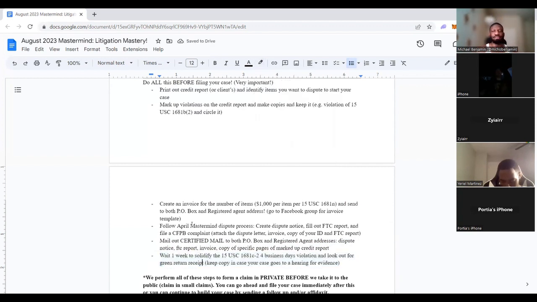All right, so this is like the fastest way. I know if you're just starting, it might feel more comfortable to send out multiple notices, and there's nothing wrong with that. Your process is your process. But if you want the fastest way possible, I would say wait 1 week because the law says four business days, 4 days or whatever. So wait 1 week to solidify the 1681c-2 4 business days violation, and then look out for that green return